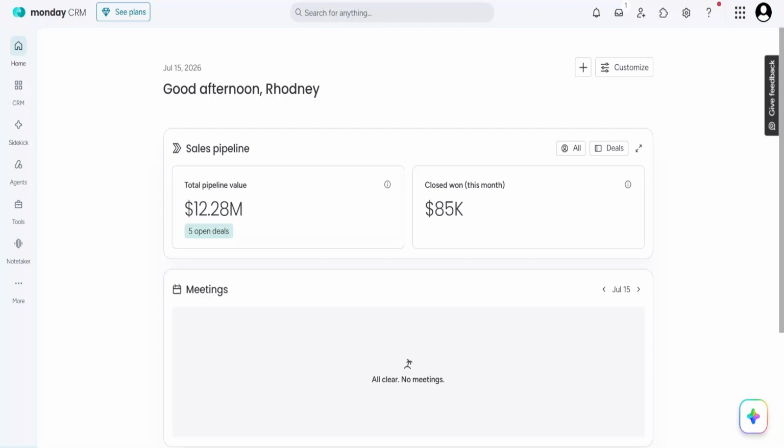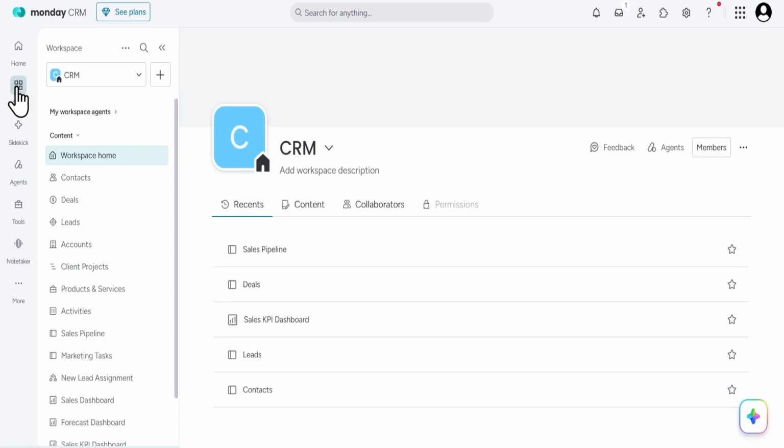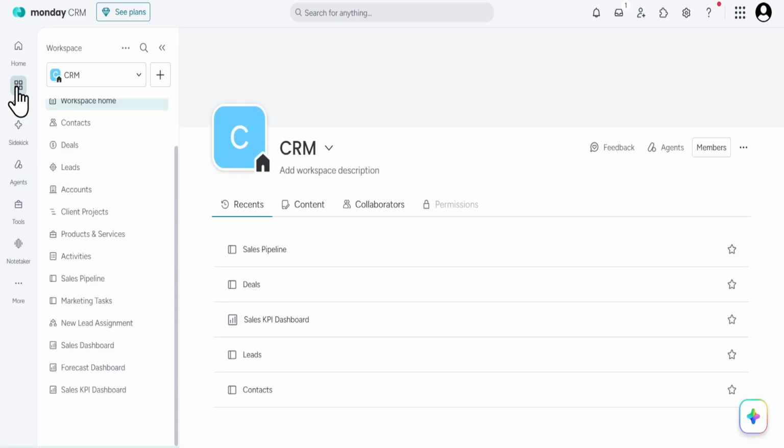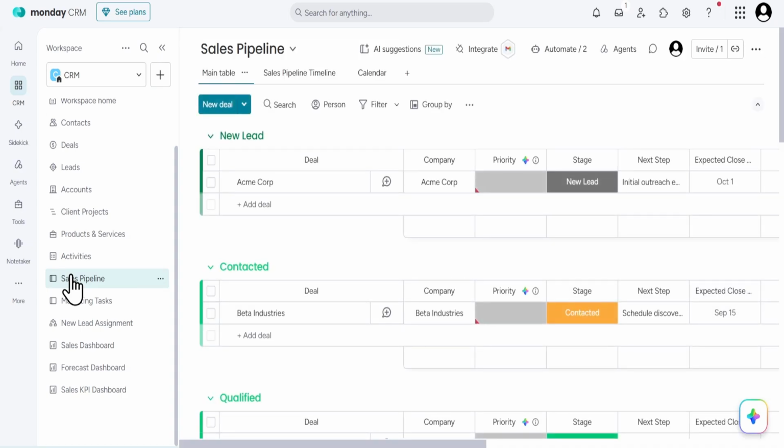In today's video, I'm going to teach you how to use Timeline View for sales in Monday.com. Timeline View is a helpful way to visualize your sales deals across time. So instead of looking at rows of information only, you can quickly understand when deals start, when they are expected to move forward, and where timelines may overlap. This can be especially useful for tracking sales cycles, planning follow-ups, and keeping a clear view of deadlines inside your